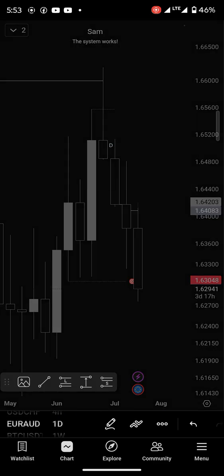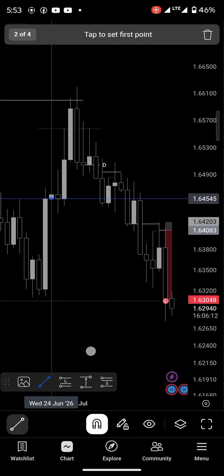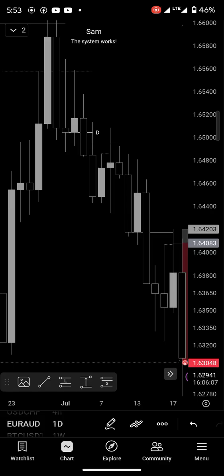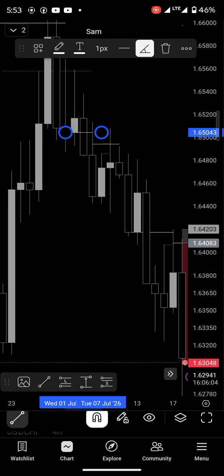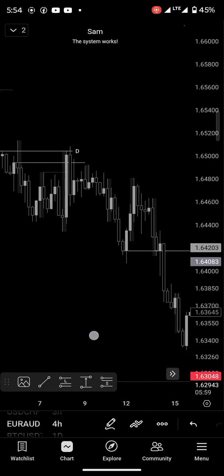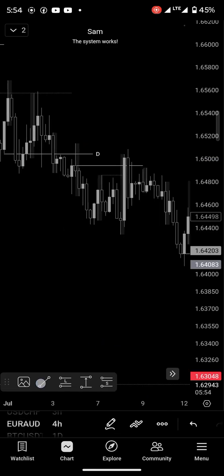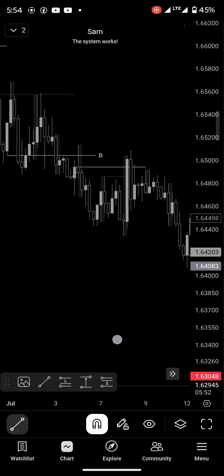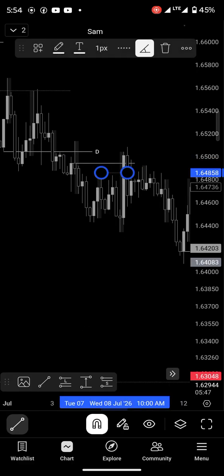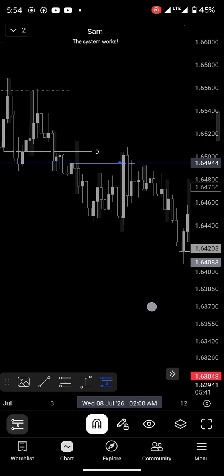So let's go to daily and see if there was a break of structure on daily. So you can see daily gave us a break of structure right here. So we had this break of structure on daily to validate the weekly storyline, and then on daily too, now we had daily rejecting this key level here, and after the rejection we will have a break of structure to the downside. So rejection here, see rejection here, and then after this rejection we had this break to the downside, right? So after that break, this is where I picked my first entry because I had this structural liquidity in this place. So the first entry I took on this pair was around here,